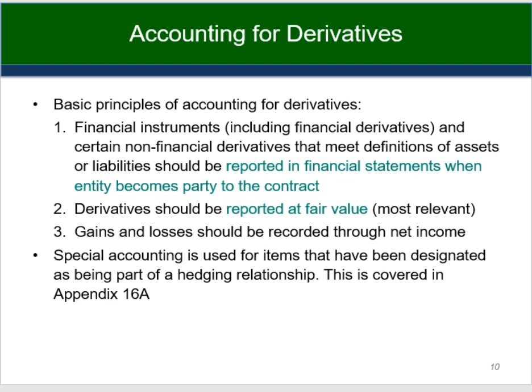IFRS, however, considers whether contracts have a net settlement feature, meaning can they be settled on a net basis by paying cash or other assets as opposed to taking actual delivery of the underlying product. So for contracts with those net settlement features where you can just pay a cash price, as long as the company intends to take delivery of the raw materials, the contracts are designated as expected use and are not accounted as derivatives. They're accounted as executory contracts or purchase contracts.